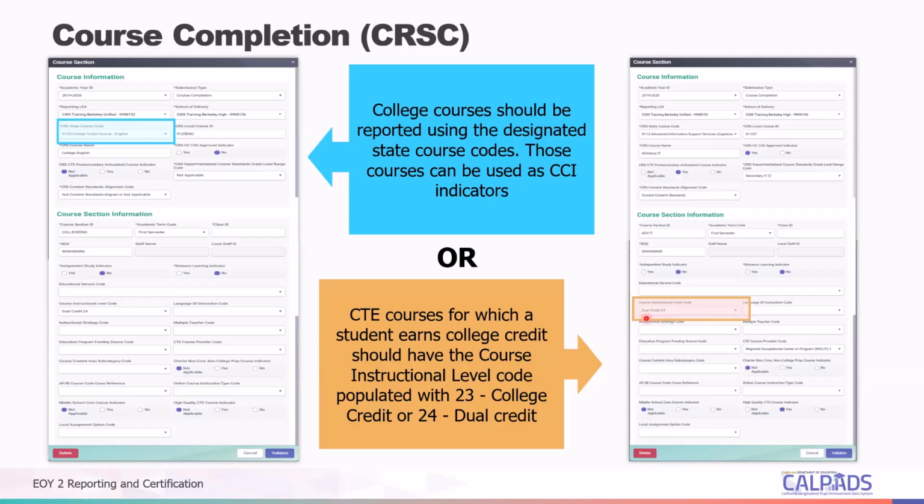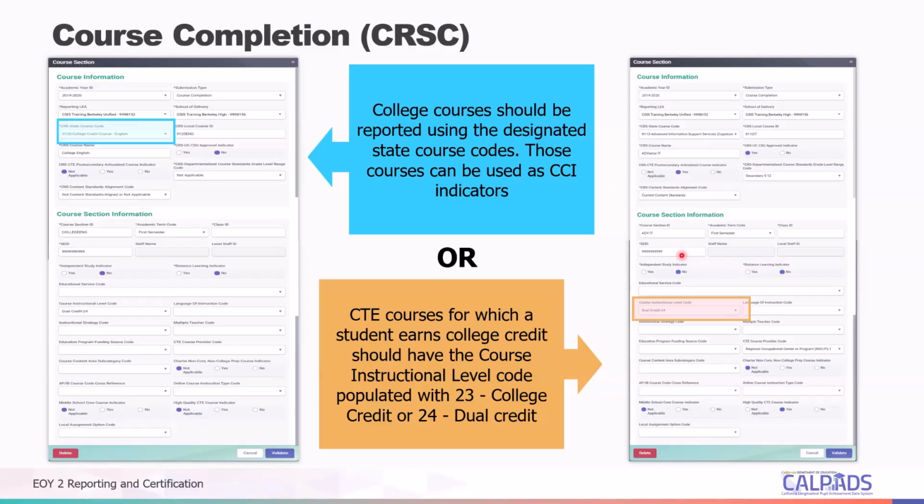If LEAs do not have SEIDs and staff information for college teachers, LEAs should submit a SEID of 9999999999, 10 nines, for the teachers in these course section records. Bear in mind, the Fall 2 data requirements for assignment monitoring do not bear any weight in the end of year 2 collection.